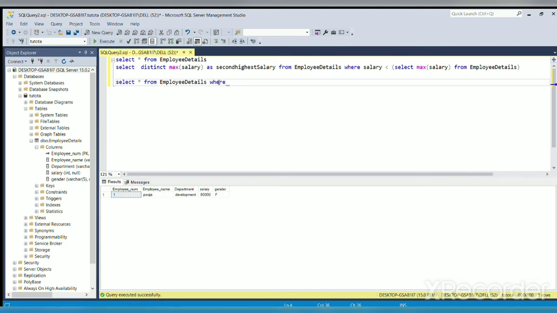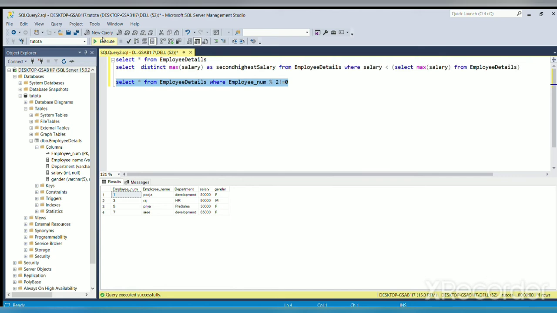Instead we will use the modulus operator, where employee number modulo 2 equal to 0 will display only the even rows. It displays the even rows such as 2, 4, 6. To display the odd rows, use modulo 2 not equal to 0, which will display the odd rows.